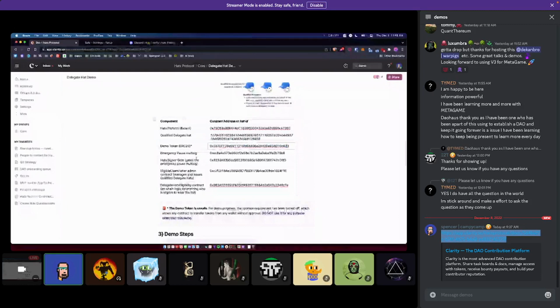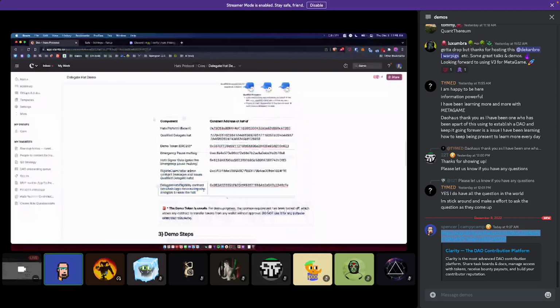We have the emergency pause multisig, which is a safe. And we have a hat signer gate, which is basically a token gate that we created in order to allow people with a given hat to become a signer on a given safe. And I'll show you how that works in a second. And then we have that Hatter admin contract that I described earlier and the eligibility contract that I described earlier.